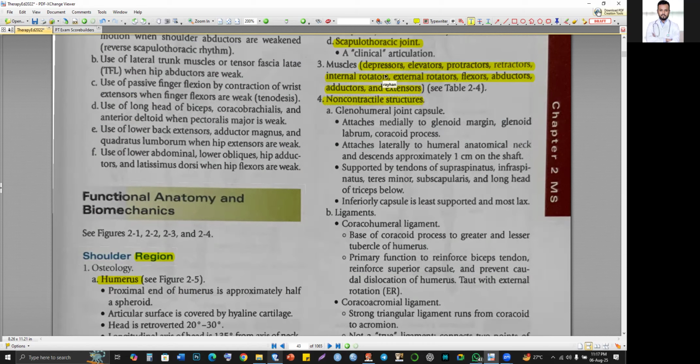All other structures of the body without muscles and tendons can be called non-contractile structures, like bone, bursa,